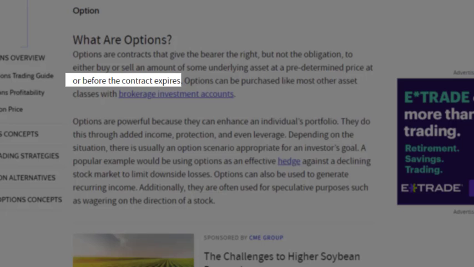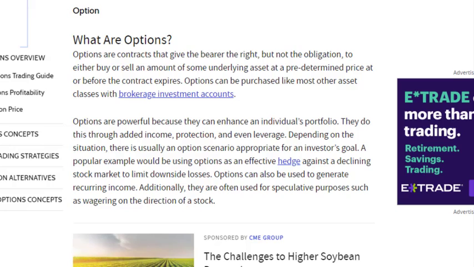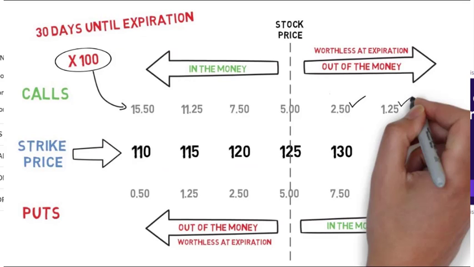These contracts do expire at the specified date of the options contract. So when the transaction takes place, the buyer and the seller must agree to a certain price and a certain amount of time for that options contract to exist. And the further out in time the contract goes, the more expensive the contract, because the option seller is taking on more risk with regards to how long the contract is good for. Also, if a stock is more volatile, the price of that option contract will be more expensive the closer to the actual stock price you get. If that's a little bit confusing, I will definitely explain it further when we get to the examples of real